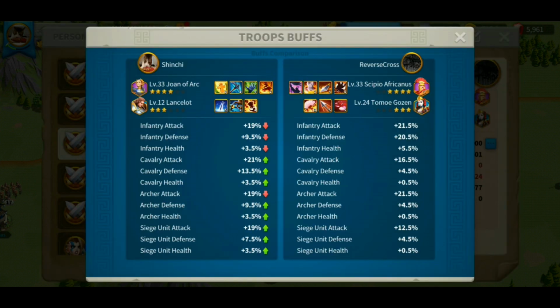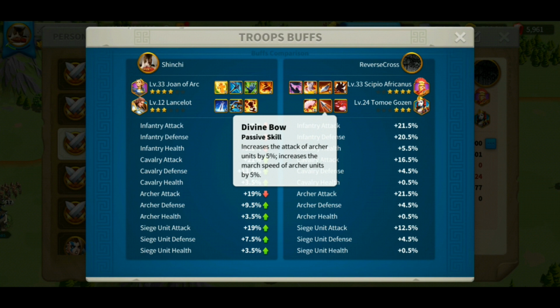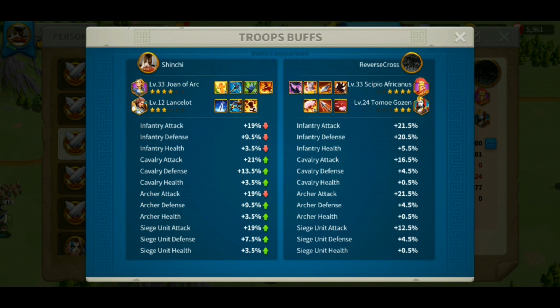As you can see that, again, the infantry, I am still in a deficit for that one. And as you can see, the archer attack, so with the Scipio and Tomoe, the archer attack increased because this Tomoe goes in because of her skill right here, the divine bow. But we still won. It's because of Lancelot's skills. As you can see,